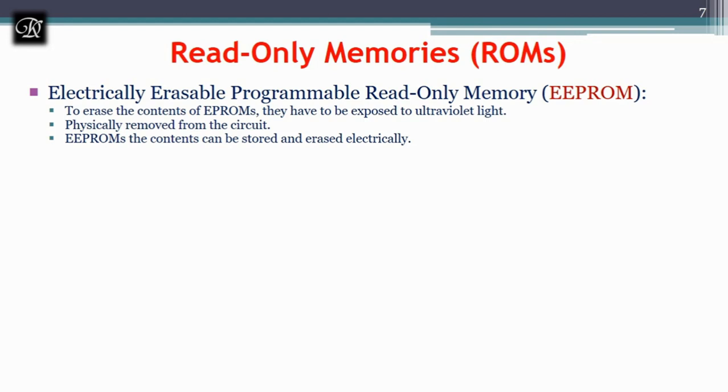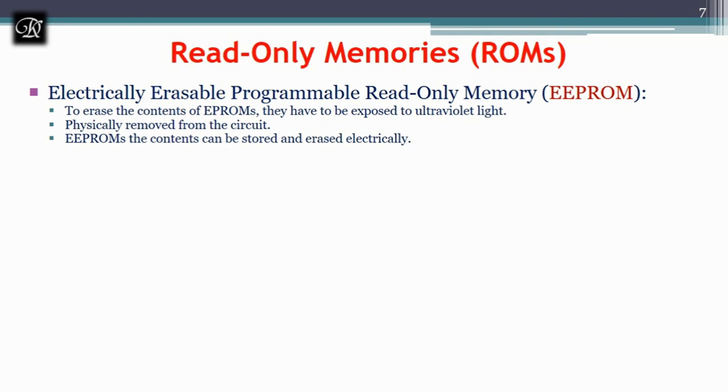It is possible to implement another version of the erasable programmable ROM that can be both programmed and erased electrically. So we come to the next version, which can be erased electrically. Such chips we call electrically erasable programmable ROM. They do not have to be removed for data writing. Moreover, it is possible to erase the cell content selectively. In the previous case we have to erase the complete cell. Here we can erase the cell selectively.